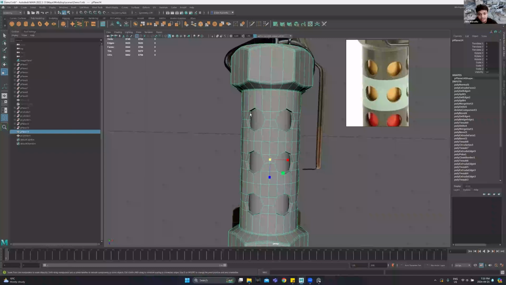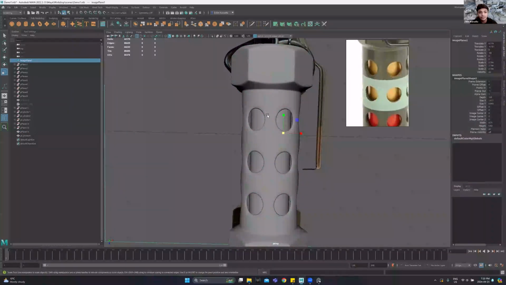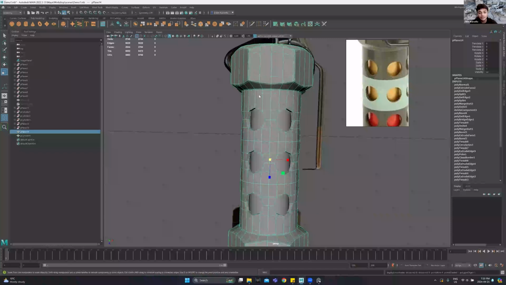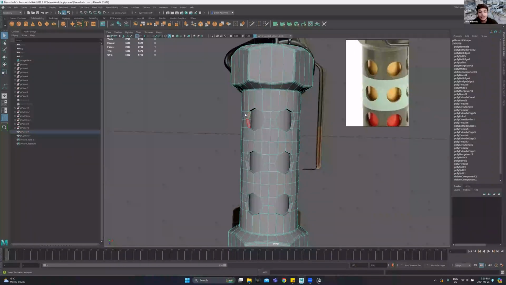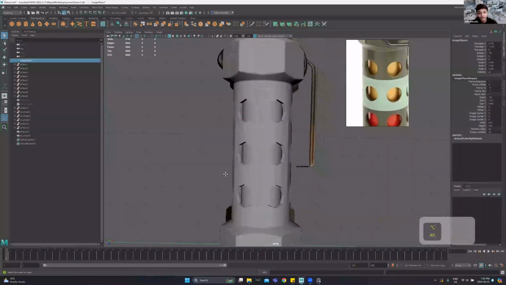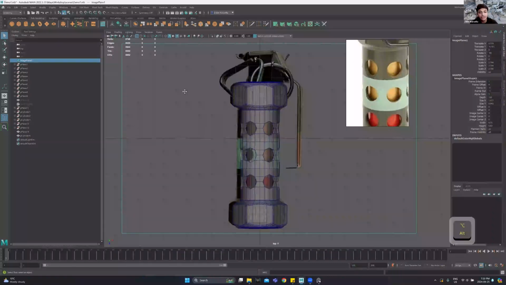Last thing I need to do is, if I press 3, you can see that my holes are not holding up well. I need to make sure that they're beveled so that they're not crumbling, right? So for this, I'm gonna turn on symmetry, okay? I'm gonna turn on symmetry, and the way to find out where you need your symmetry is